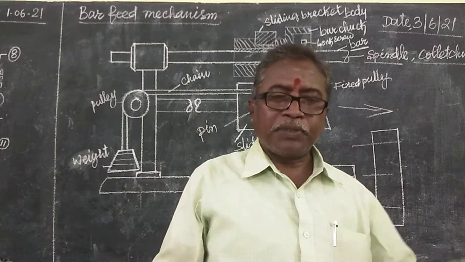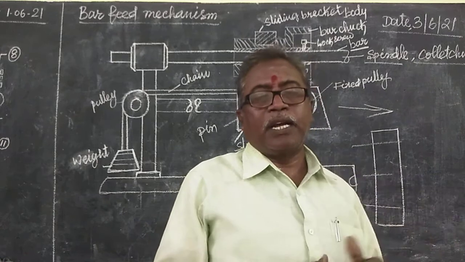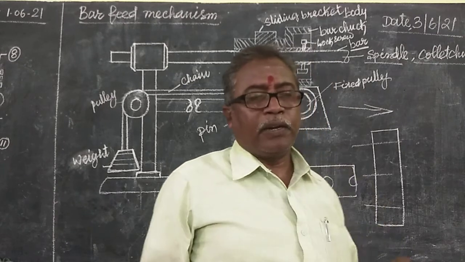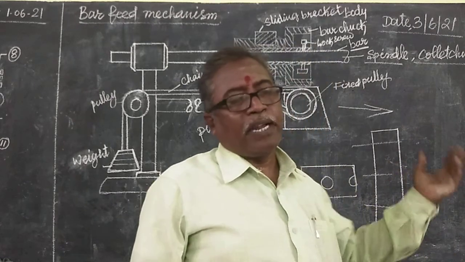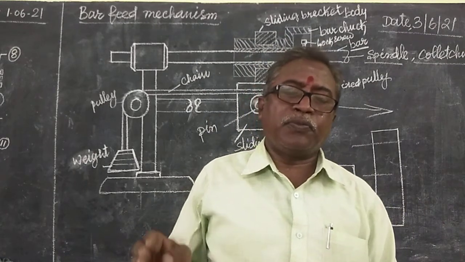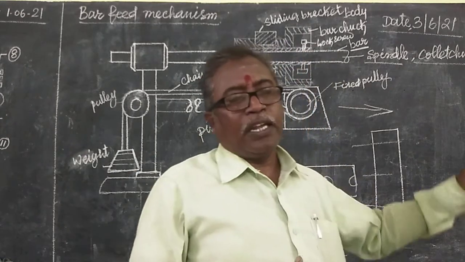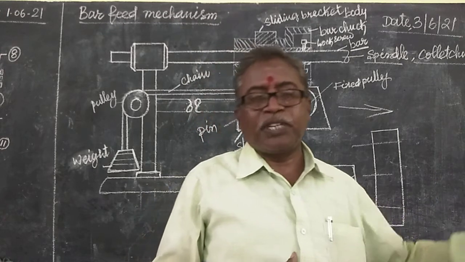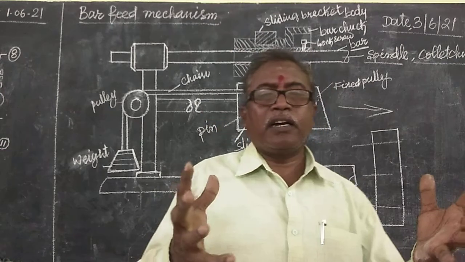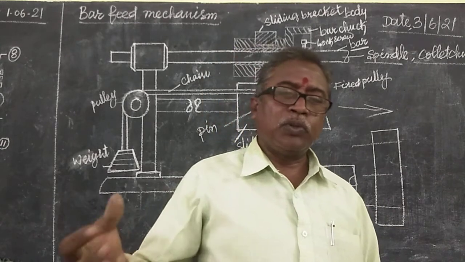So the capstan is for light duty work; the turret is heavy duty work because there is no overhang of the ram. Automatic feed will be given here, while in the capstan sometimes automatic, sometimes hand feed. A number of heavy duty works will be done. Different types of chucks are used in the turret. In the capstan, only collet chucks are used. Among these collets there are so many: push out collet, drawback collet, then push in collet.